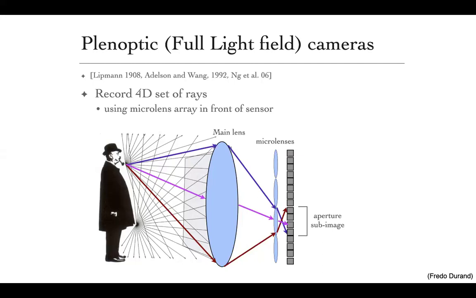And this idea of a full light field has actually evolved through time, right? Because the first idealized model for a 4D light field was done by Lippmann in the beginning of the past century, in 1908, right? But this was just the idea, not a realization. And then in 1992, Adelson and Wang designed the first plenoptic camera, but with a design that was using an array of cameras, right? And this